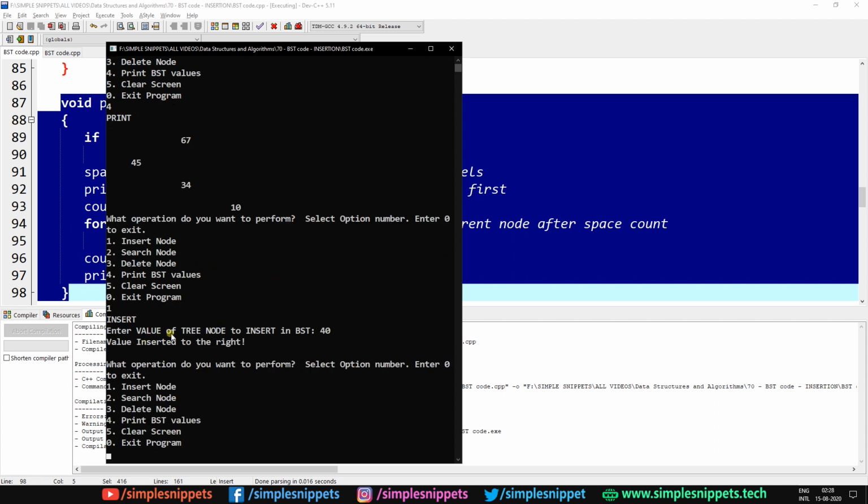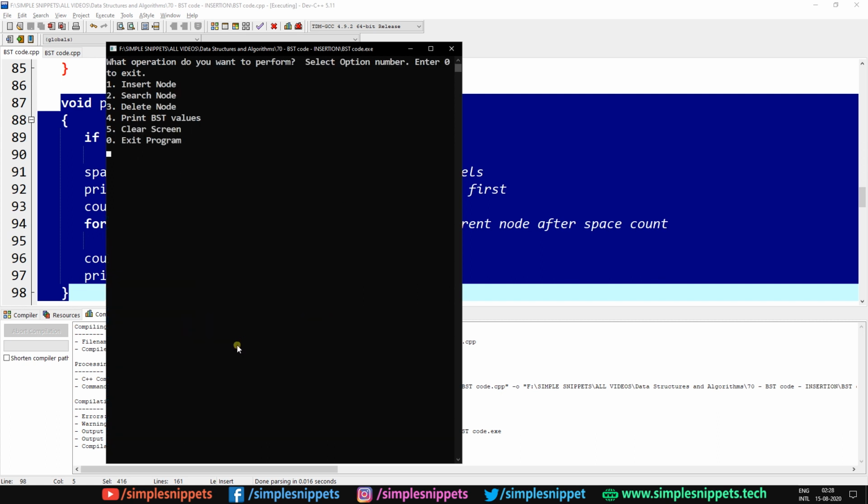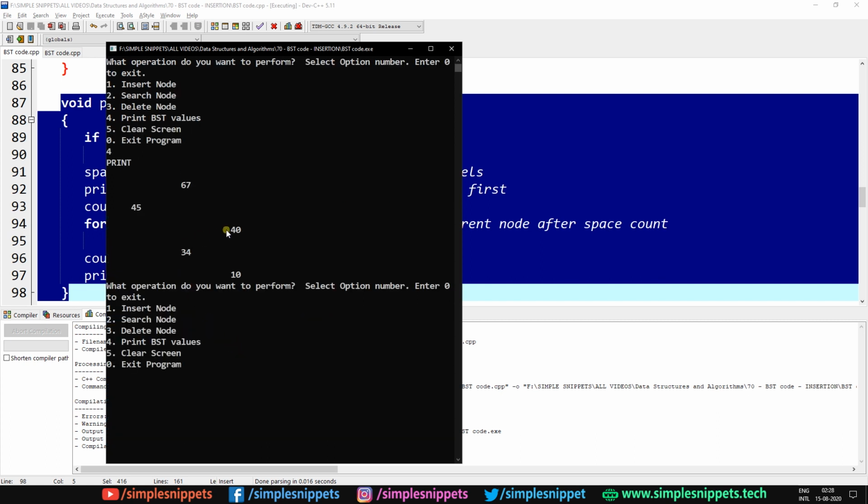When I hit enter, you can see value inserted to the right. Clearing the screen and printing the values, now you can see 40 is inserted as the right child of 34, which means our insertion is working perfectly fine. Even our printing is working. The printing functionality we'll discuss later on, but this is where we've pretty much achieved the entire insertion operation for a binary search tree.